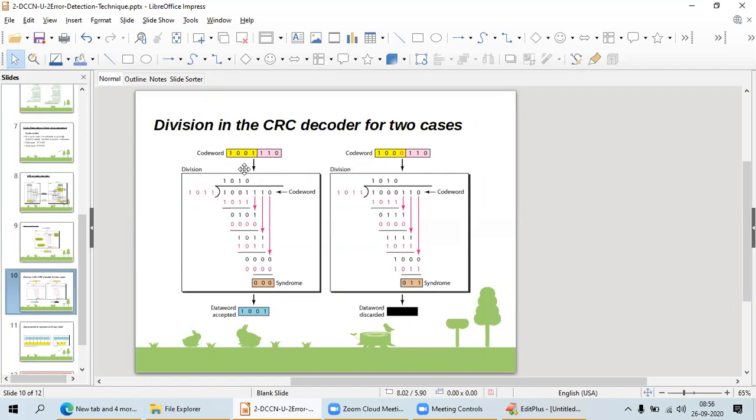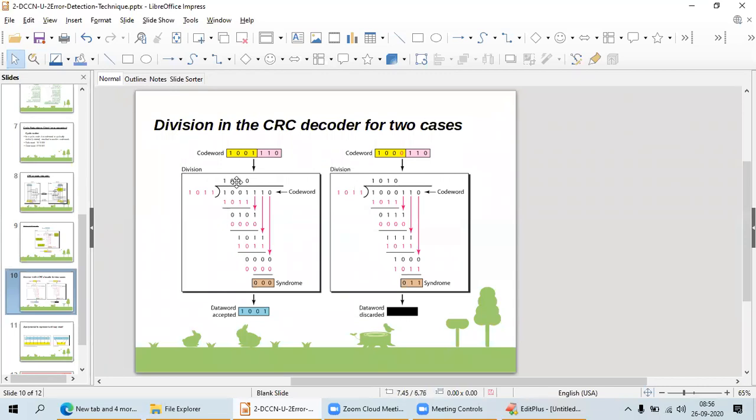How are you going to check whether it is a correct code word or not? Here I know the divisor 1011, and I know the code word is 10011110. The pink part is the CRC, and the data word is 1001.